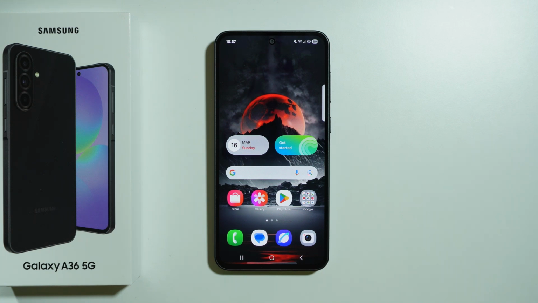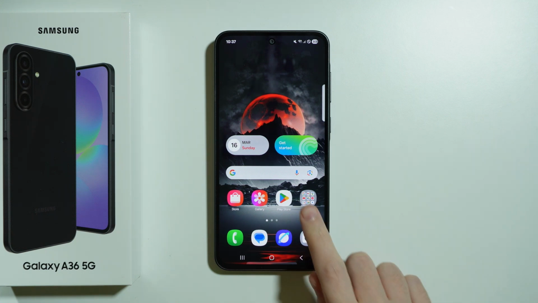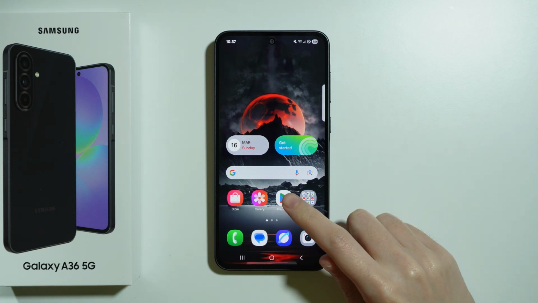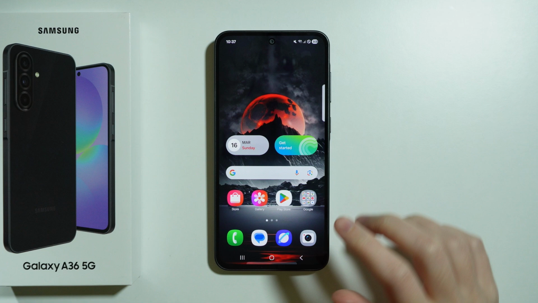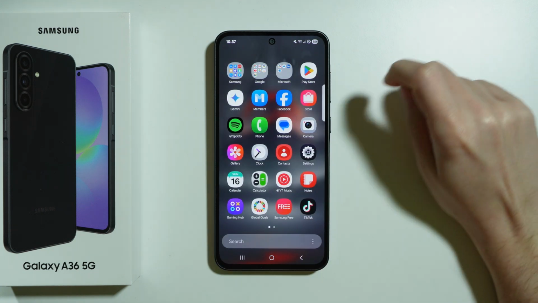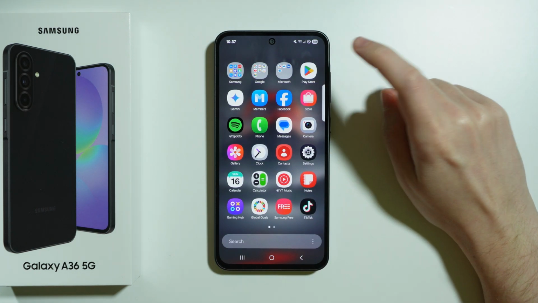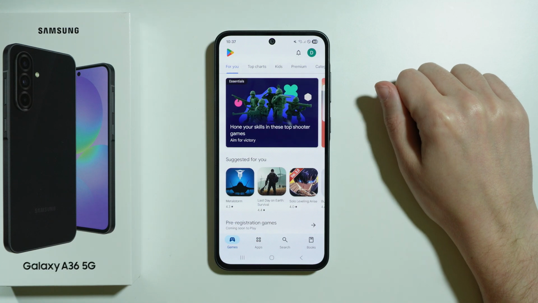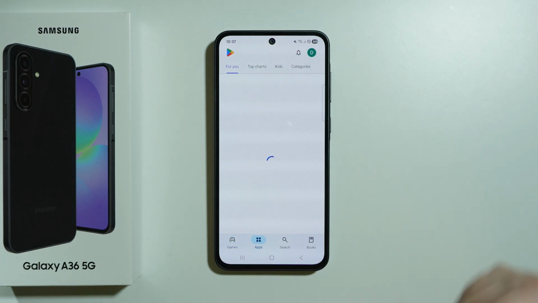If you want to download new apps on Samsung Galaxy A36 5G, you have two ways to do so. The main way to download new apps is by using the Play Store, which we can find, for example, over here in the home screen by default, or by going to the app screen or the app drawer. Over here, you will need to use your Google account,